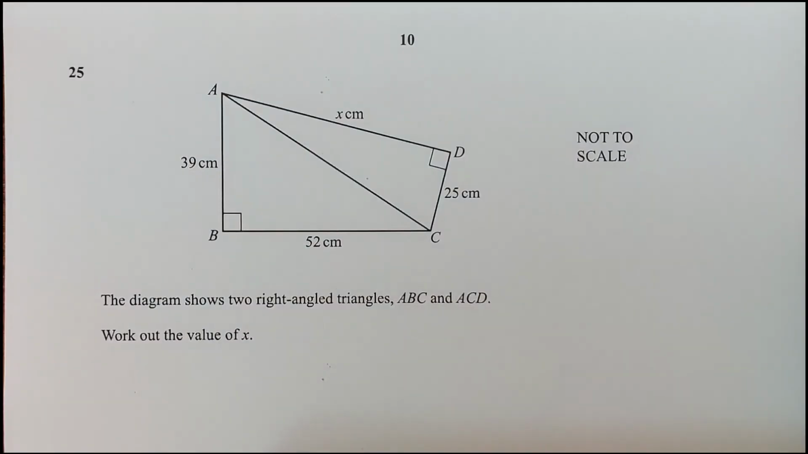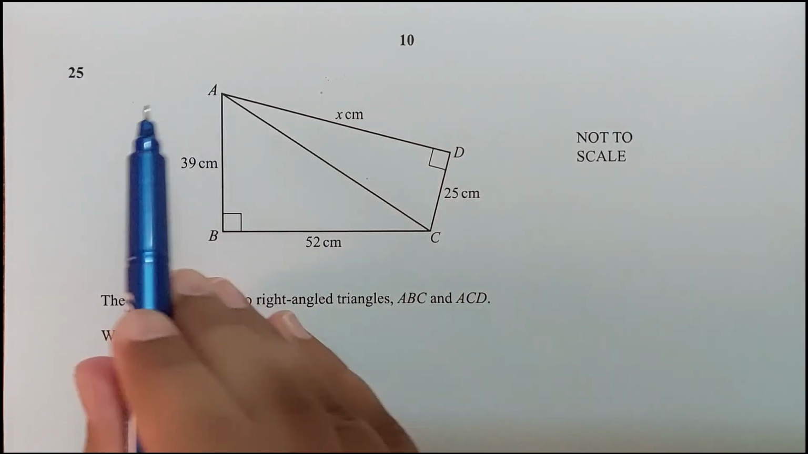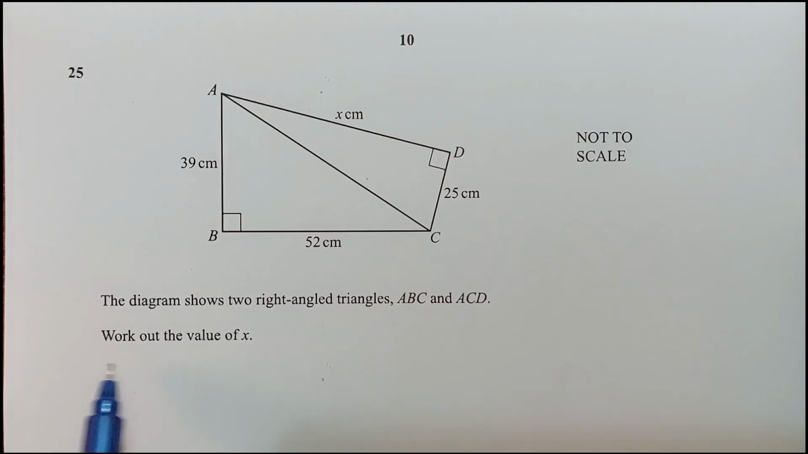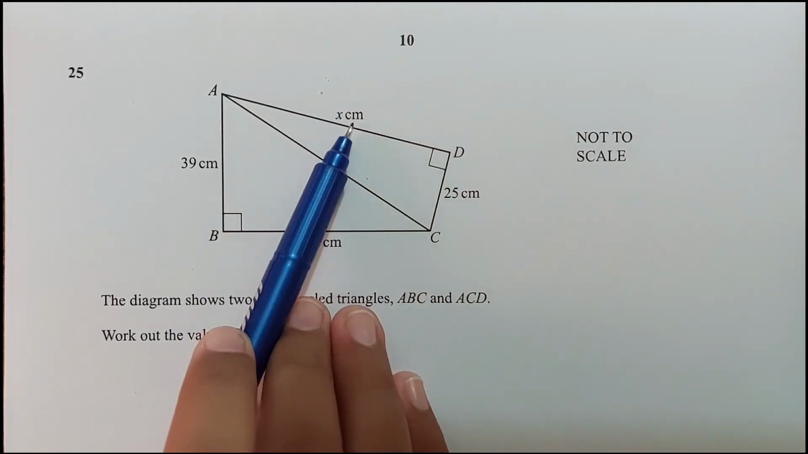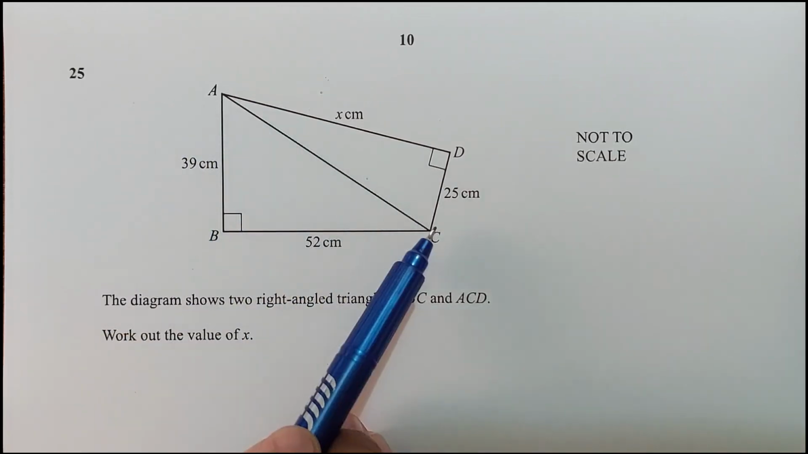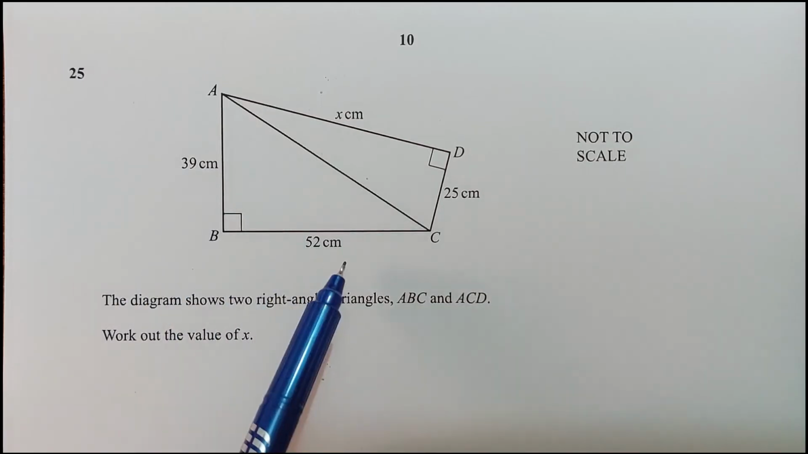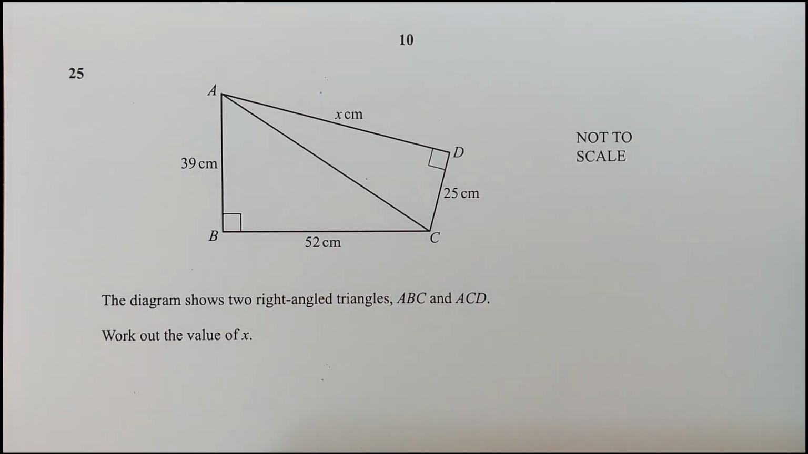Right. Question number 25, the diagram shows two right angled triangles ABC and ACD. Work out the value of x. The x is over here, so let me solve for this side. What is AC? ABC is a right angled triangle. We know the two sides. For the third side, we can use the Pythagoras theorem, right? The Pythagoras theorem says the hypotenuse AC squared would be equal to the sum of the squares of the other two legs of the triangle,